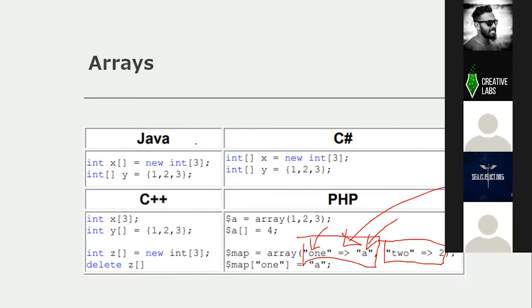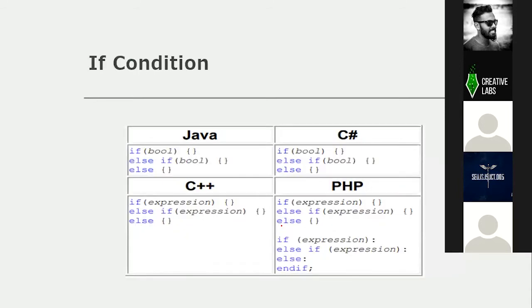But for plain arrays, we cannot use associative arrays, right? So those are how we can declare arrays. And if we talk about the if condition, in all languages it is pretty much the same. The if and else condition is pretty much the same, so for all the languages we can use the same. There are no code differences.